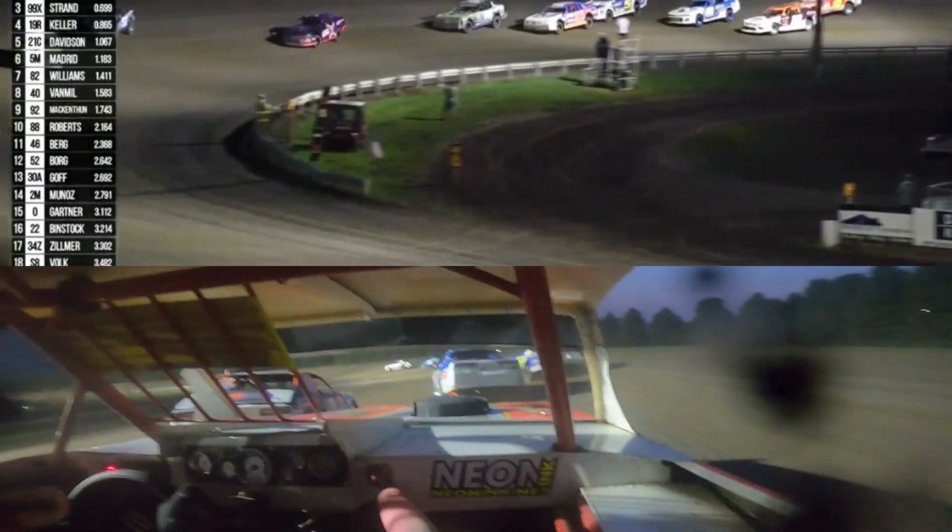He'll go to the inside of the 5 of Madrid as we come around to complete lap number 2. It'll be 23 to go. Gregor out in front, Labatt, Strand the top 3, Keller, Davidson, Madrid, Van Mill, then Williams, McIntoon, roughly your top 8 or so. As we head to the back straightaway, McIntoon thought for a minute to get to the inside